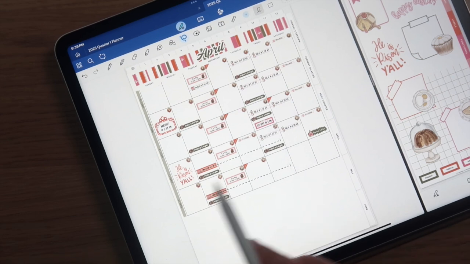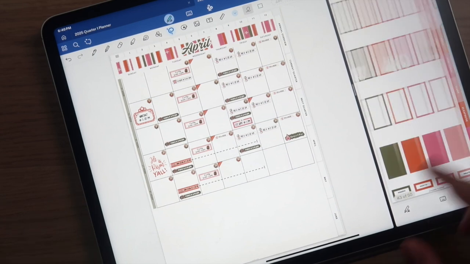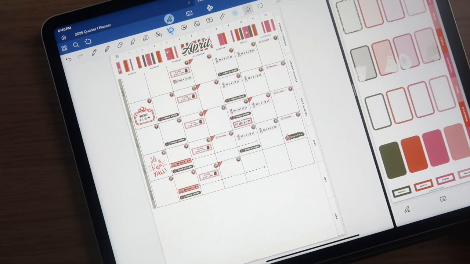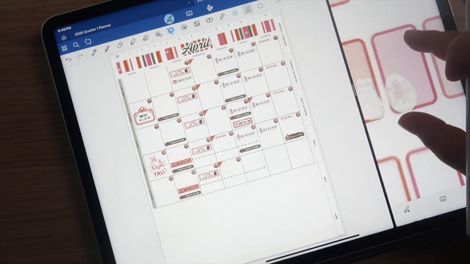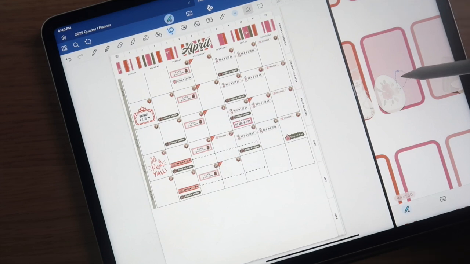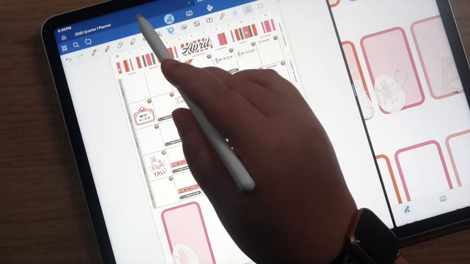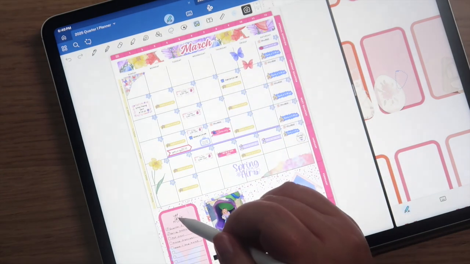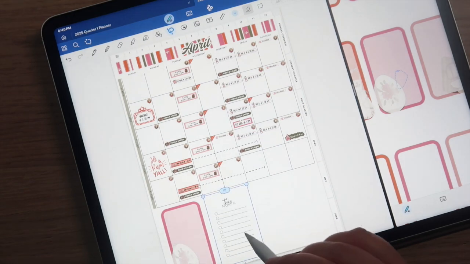I really love the way that the dashed lines turned out, by the way. That's so cute. So I'm gonna go to my shapes and pick out one that I wanna use. I think I'm gonna do the pink egg because it's more Eastery, and I feel like we don't have a lot of the pink going on, so that'll be good. And then I can come over here and just copy that widget, paste that in